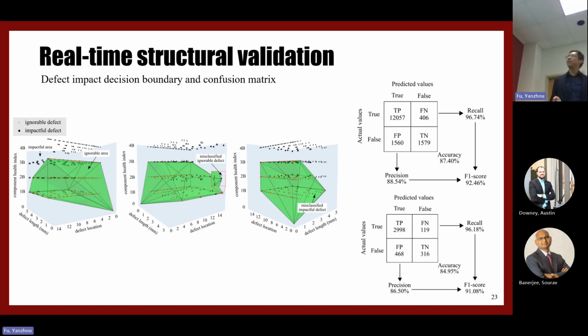So we want to evaluate how accurate the decision boundary is. Here we use the confusion matrix to evaluate the decision boundaries. Based on the evaluation result, like the F1 score, we can conclude that the decision boundary is accurate for the defect impact evaluation. What I need to mention here, you can notice the recall is much higher than the